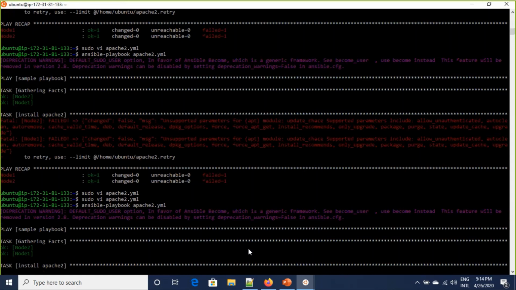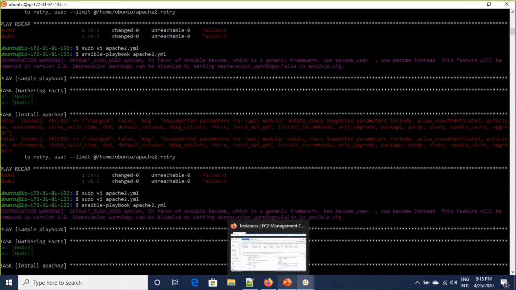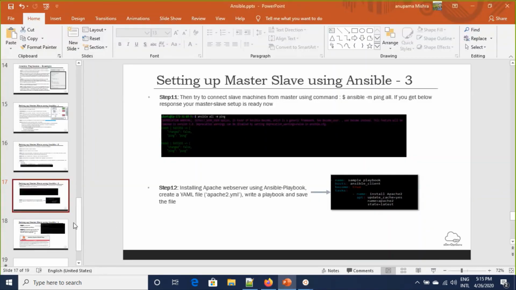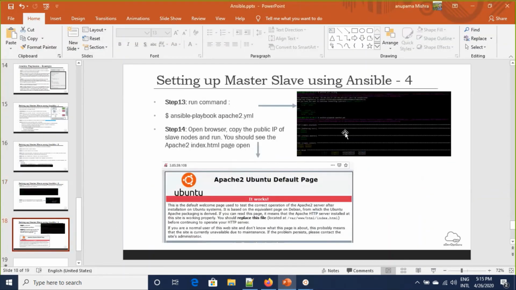Yes, it is taking time, so it's installing Apache 2 now. It will take a few minutes to install Apache. If it is installed properly, you will get something like this.